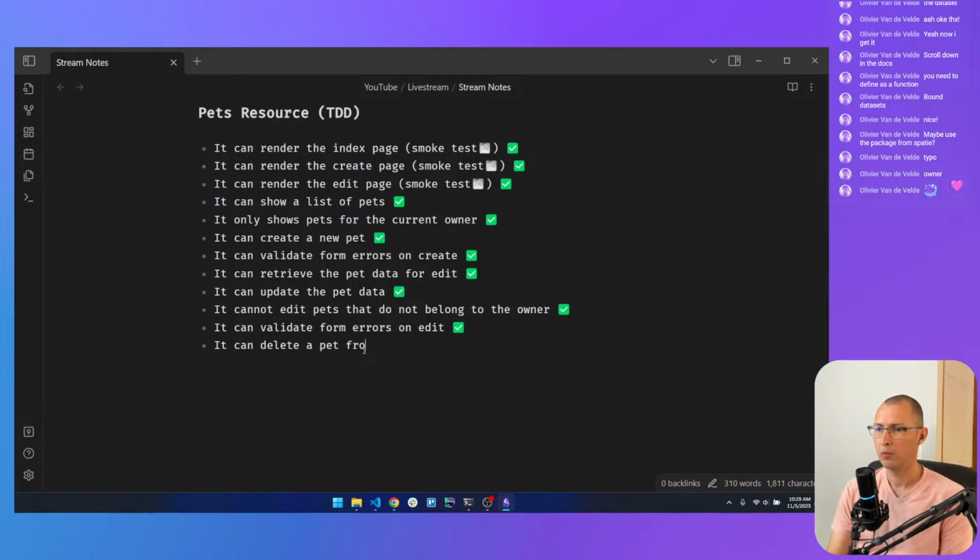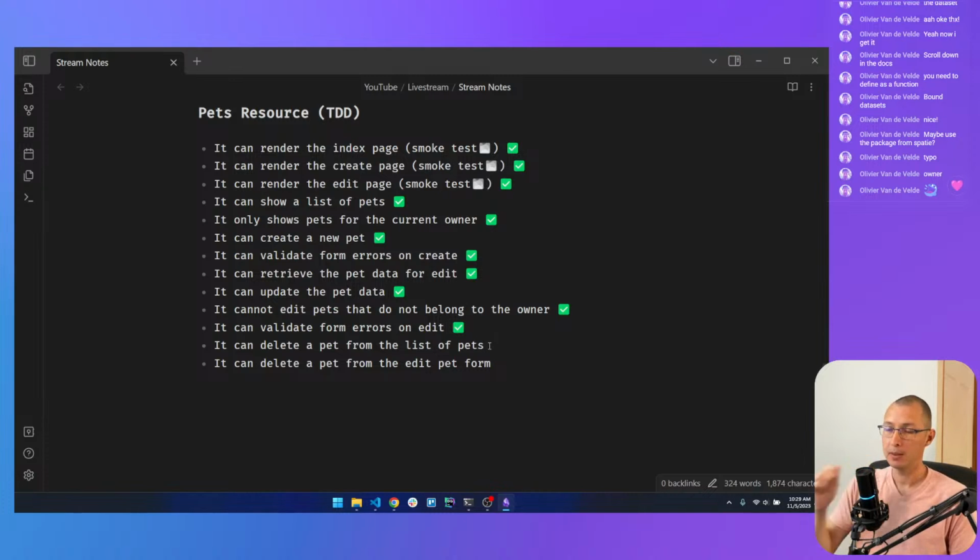So from the table, from the list of pets, and you should also be able to delete a pet from the edit form. So let's try with the table.